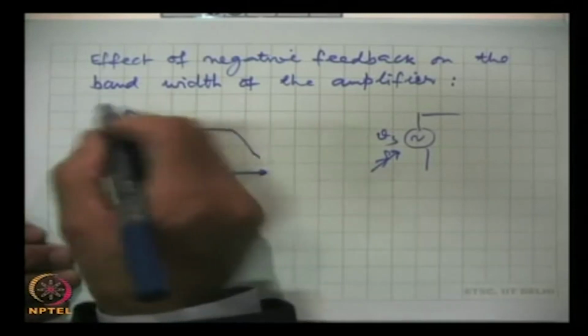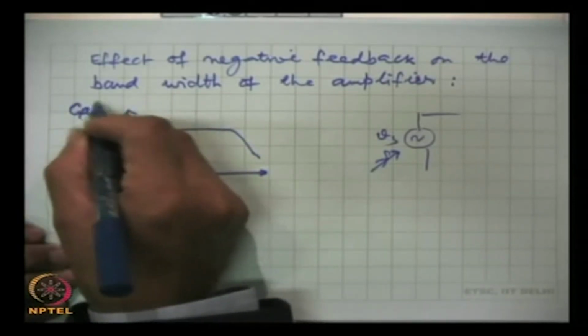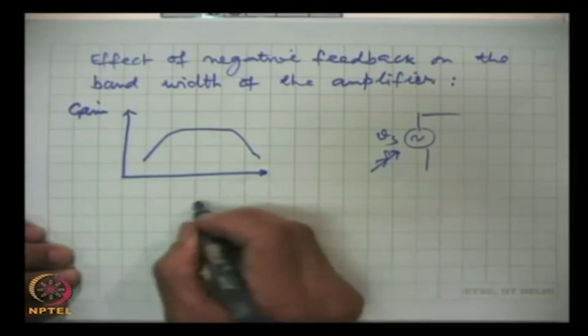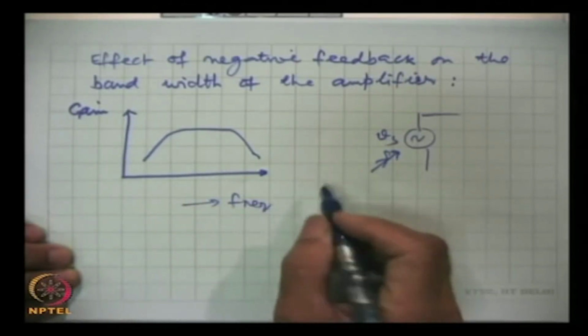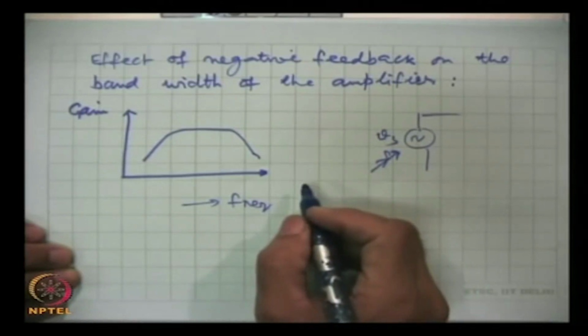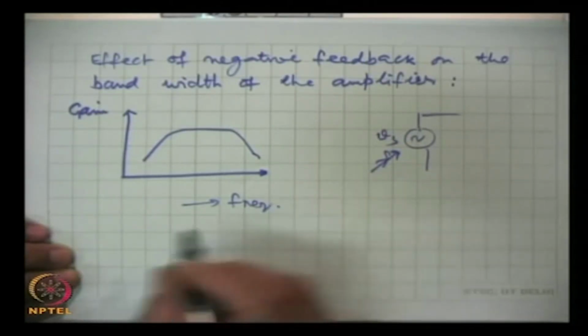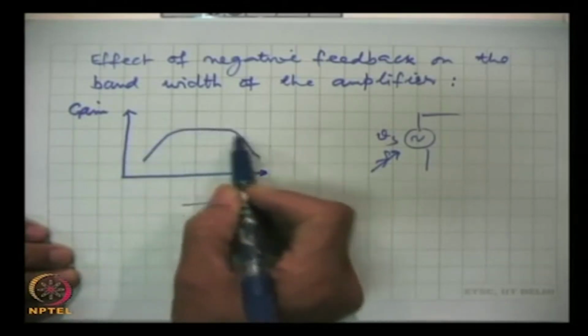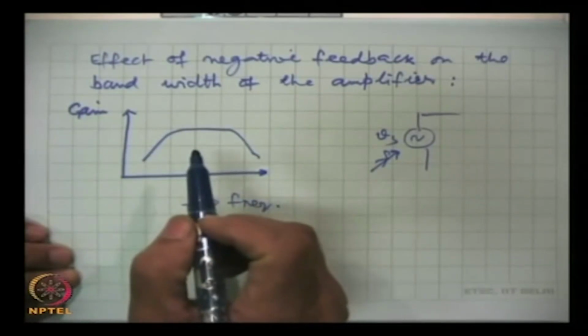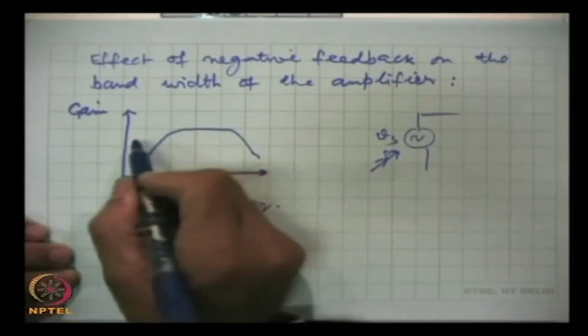Here this is the gain and this is the frequency of input signal, frequency of the signal to be amplified. Now, we are seeing that this plot can be divided easily into three regions of frequency. One is,